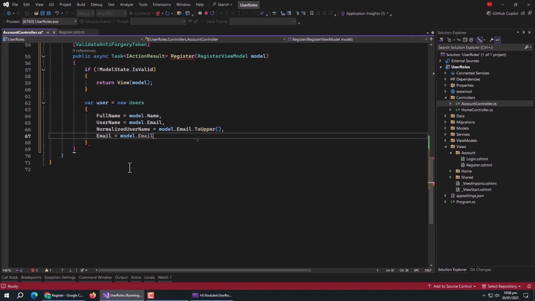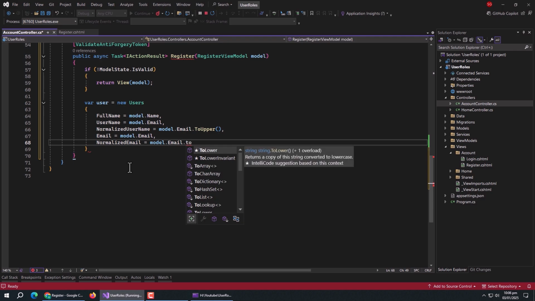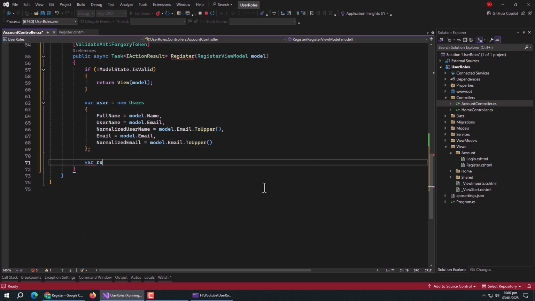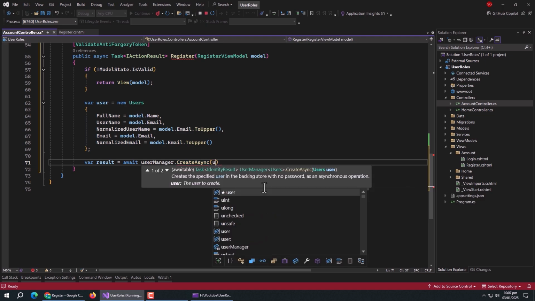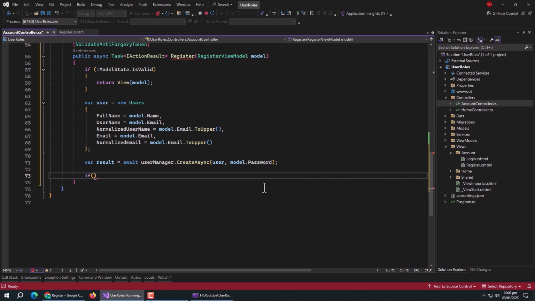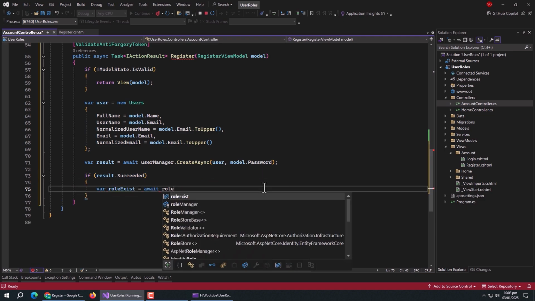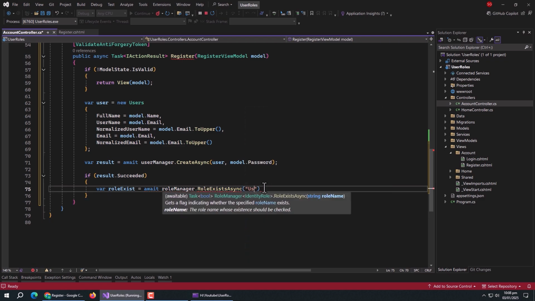Also pass email to email, and to normalized email in uppercase. Then create result variable and initialize it with userManager.create async method and pass user and model.password to it. Then create if statement and check if result succeeded. Inside it, create roleExist variable and initialize it with roleManager.roleExist async method and pass user role to it in string